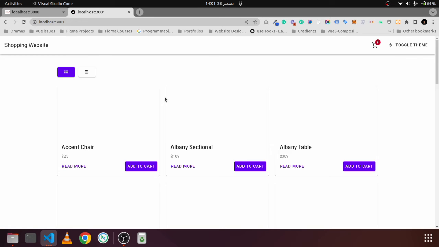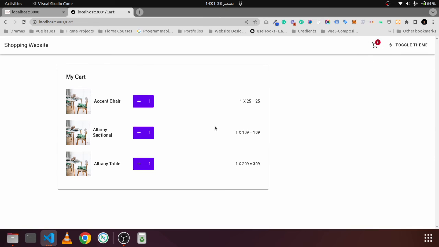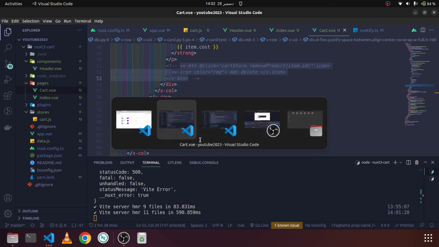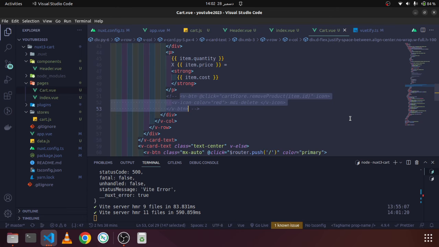Again come to the home page, and I should add some products, add to cart, add to cart, add to cart. Now if I come to the cart page, here you can see now we have this whole thing. We can add that. For example, if I add, now we have 2. See this thing is also updating. So now let's add the other method we have. We can uncomment